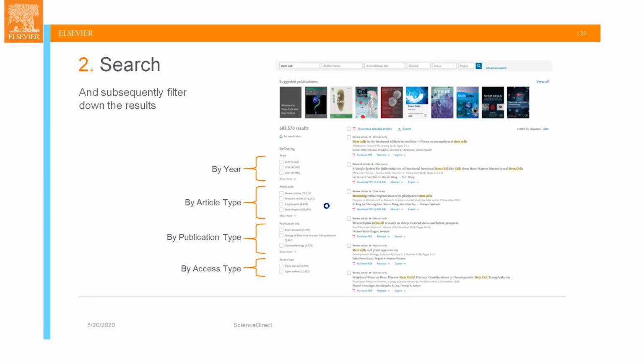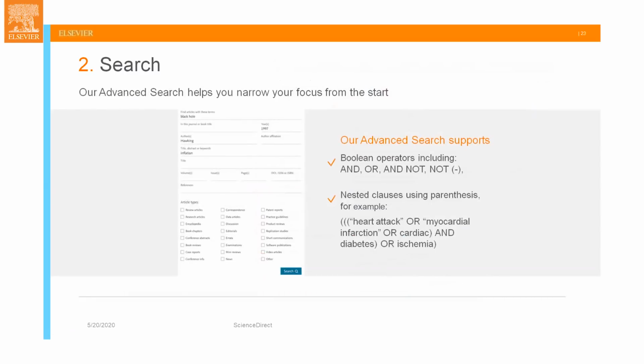Or if you need to specify exactly what you want, you can go for the advanced search icon, and you will have this on your screen. You can write exactly, for example, the title that you want, and ScienceDirect accepts Boolean operators, like you can say and, or, and not. You can use semicolons,